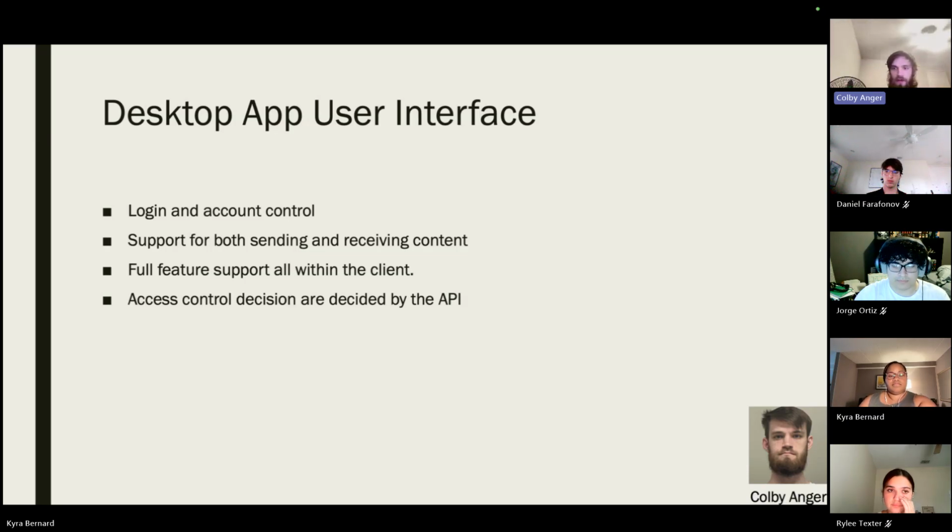Just like the mobile app, it will prevent errors. It will show an error that is actually readable and understandable, telling you what the issue is, rather than just a generic "something went wrong" message. Selecting to send content will give you the same results as far as viewing what restrictions are available. You will also be able to view the users that you'd like to send an invite to, and obviously upload the content that is to be shared. Doing this, you can also view the content you've already uploaded if you need to make changes to viewing restrictions or anything of that sort. And we can move on to the next slide.